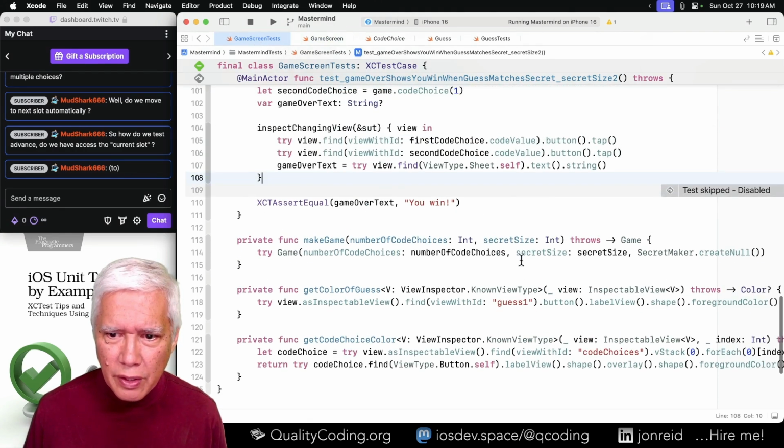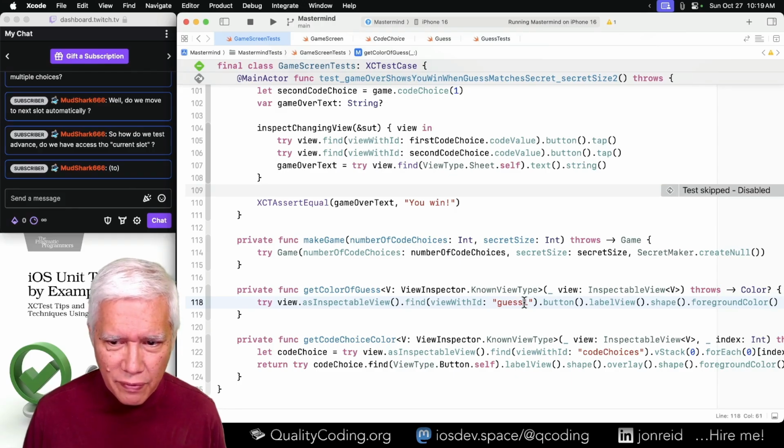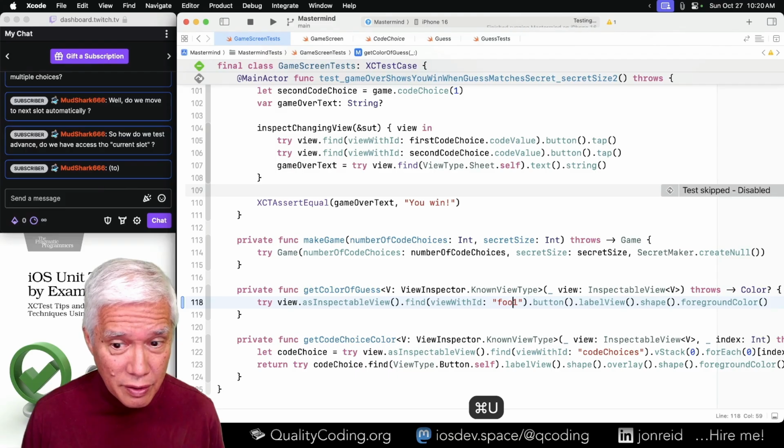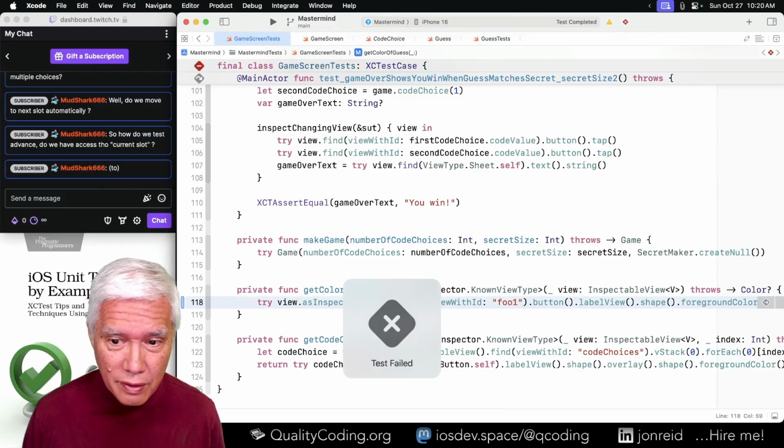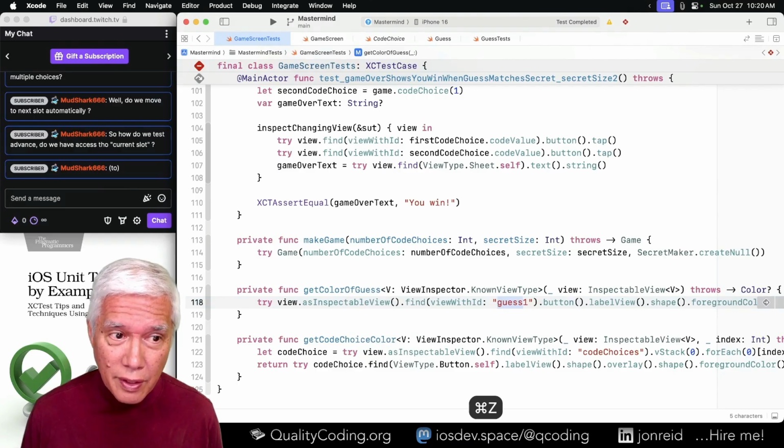View with ID guess one. How is this working? I mean, if this is foo1, our test should break. They do. That's reassuring.